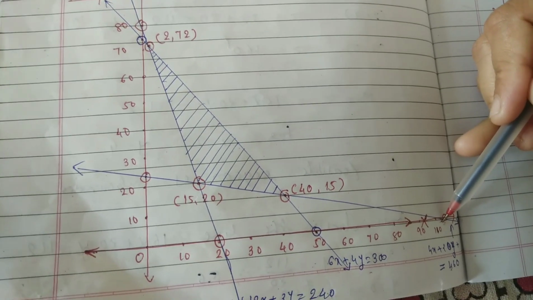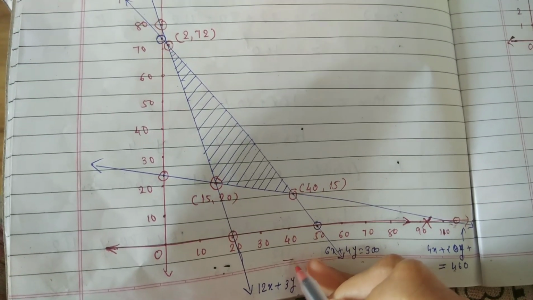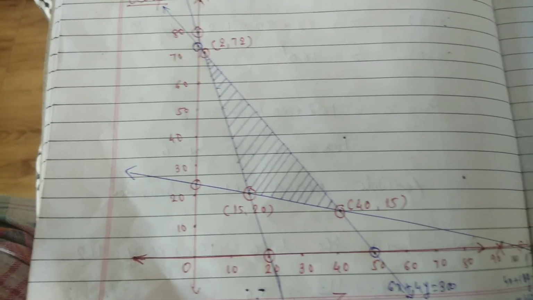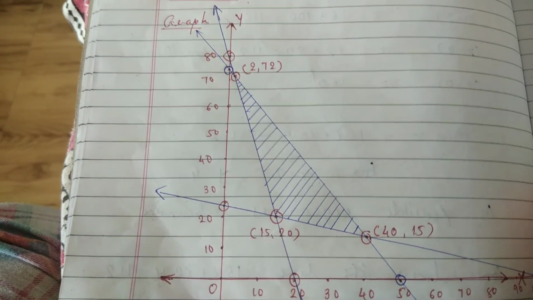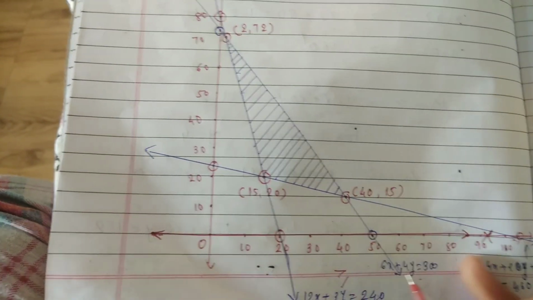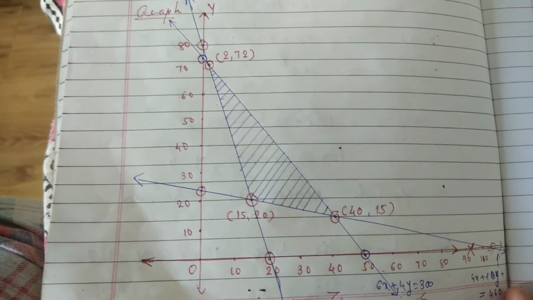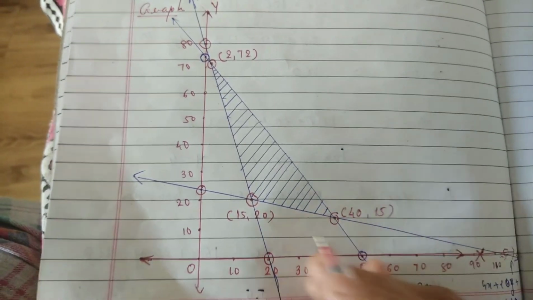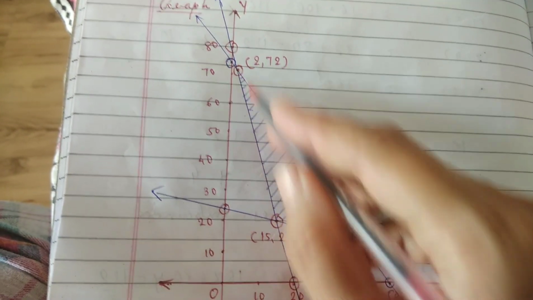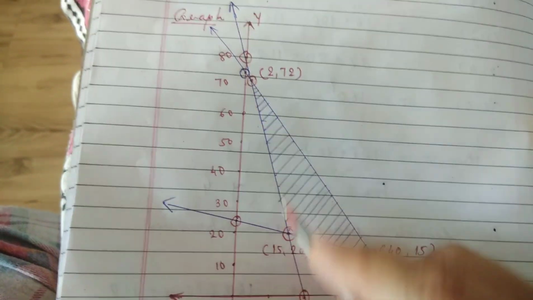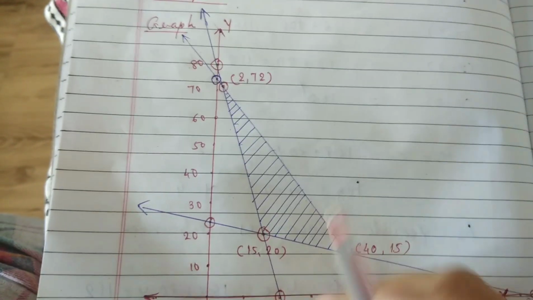So now these constraints are greater than or equal to. This constraint will give us greater than or equal to. This one is less than or equal to, and this is greater than or equal to. So greater than or equal to, and less than or equal to. So this is our feasible region. Now you can see better, this is the feasible region.